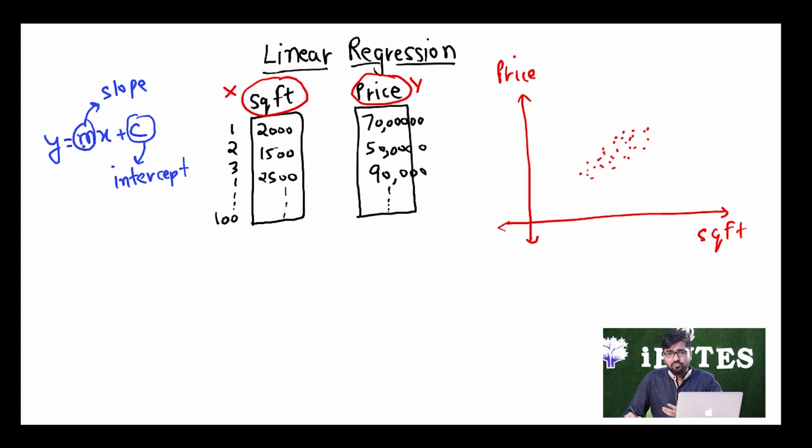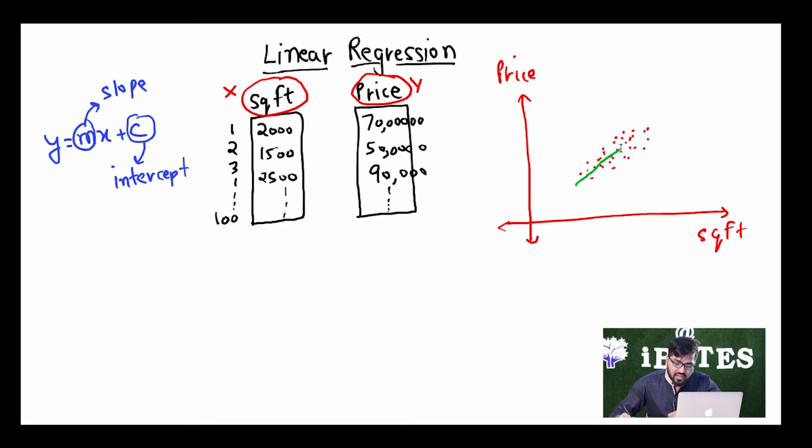If we know the values of m and c, that is, if we are able to find the optimal values of m and c, then if someone gives me the value of x, that is square feet, our y is going to come out. So we are able to get y accordingly. What linear regression will try to do is build a line out of these data points, a line which is able to explain my training data, that is these 100 points, very well. Obviously a line such as this makes not much sense. The line would look something similar to this.